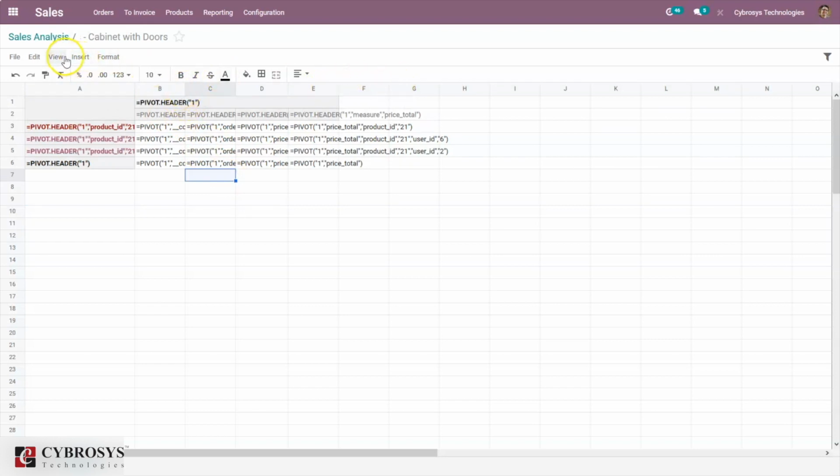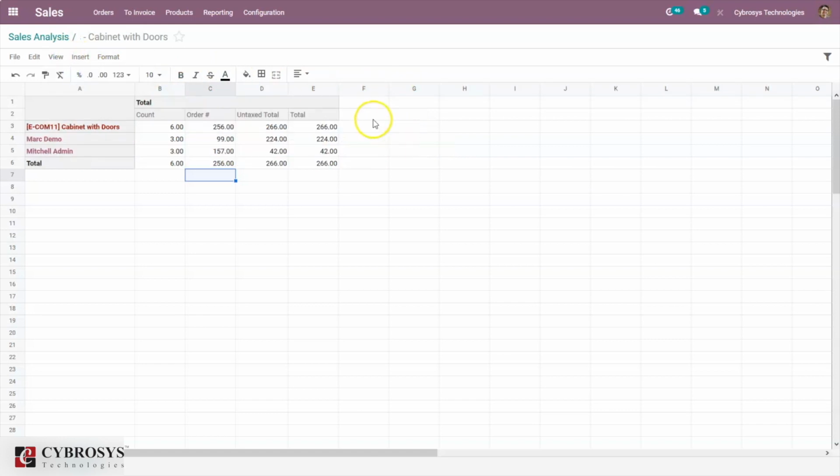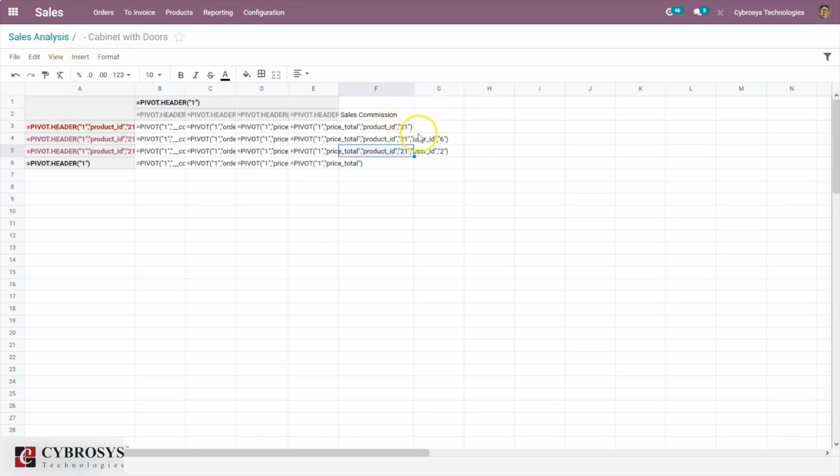Okay. Now if I want to add commission to the salesperson, here I'm adding a column, sales commission, and okay, so here for Mark Demo and the initial admin, I want to add some commission. I'm deciding to add 10% of the sales price, total price, as commission to both of these salespersons. So for that I can go to show formulas, and